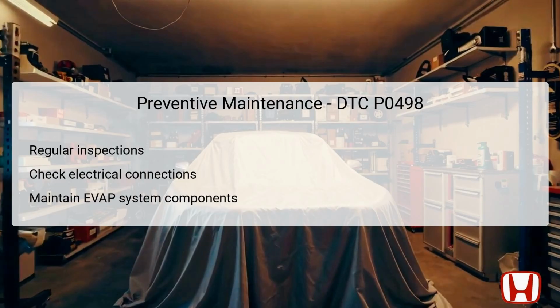Pay special attention to electrical connections, ensuring that there are no signs of wear, corrosion, or damage. Maintaining the system in good health goes a long way in avoiding potential breakdowns or emissions-related failures. In addition, always refer to the manufacturer's service schedule for recommended maintenance practices to keep the vehicle's emission system operating